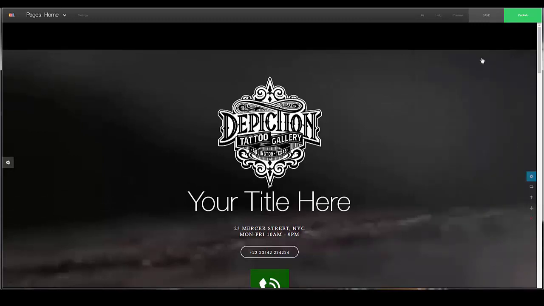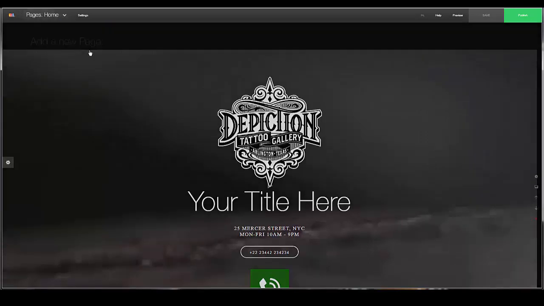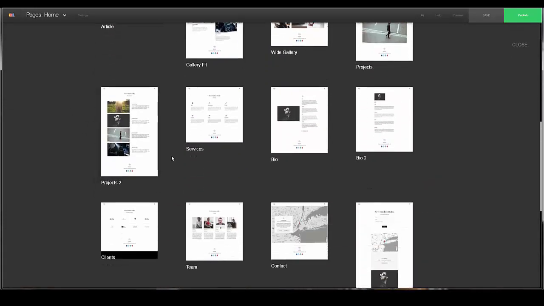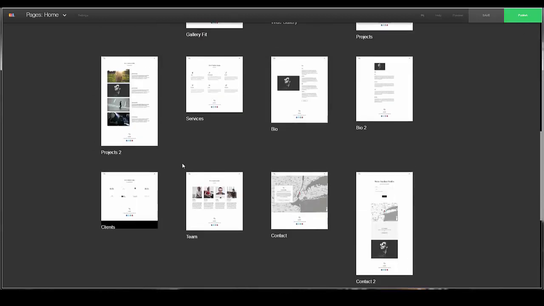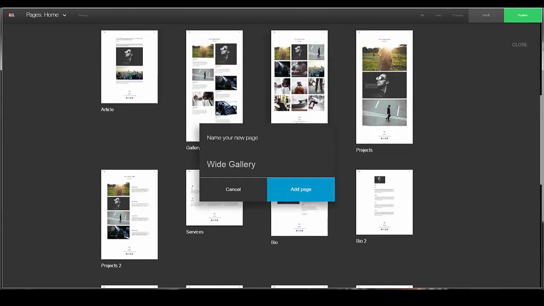After we have the menu, we don't have any other pages. So when we're ready to add a new page, we just come here to add new page. And then here are the pages that were included with that template. You can see there's a lot of different pages. I'm going to go ahead and go with wide gallery. You give the page a name,